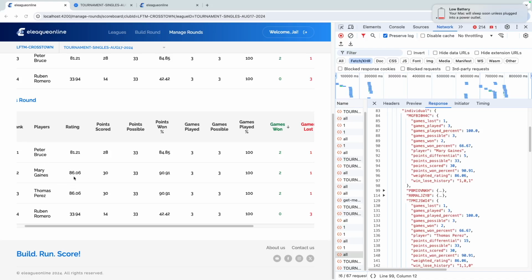We know that both of them will be number 1 and number 2, but who's number 1 and number 2, we'll need to look at the point differential. Keep in mind the apply head-to-head feature flag is set to false. And in this particular